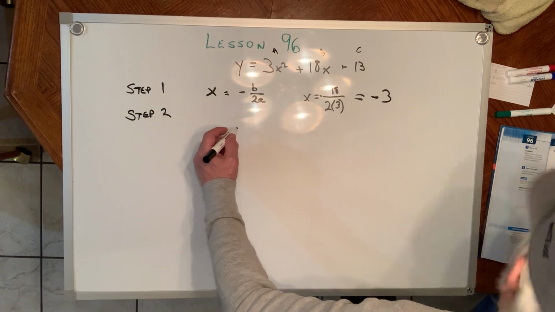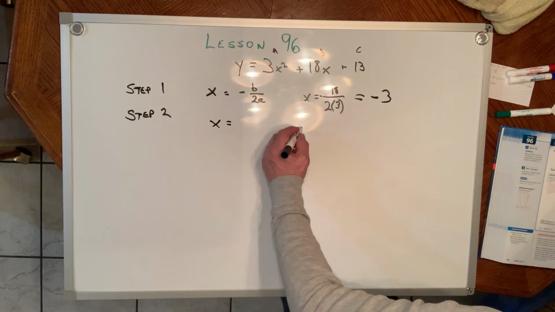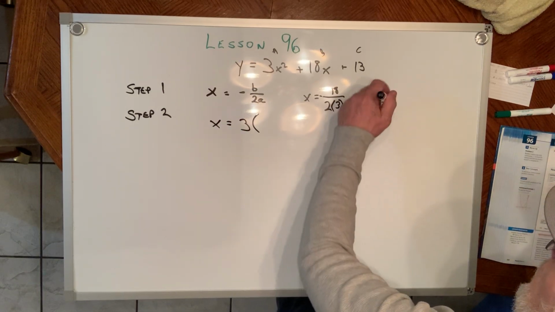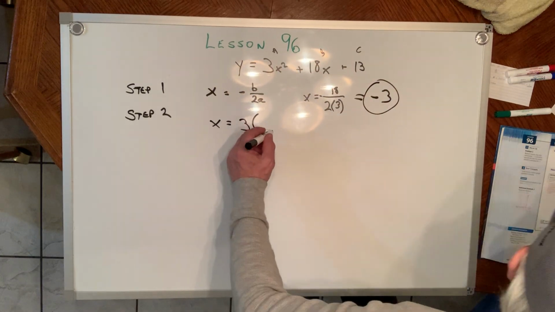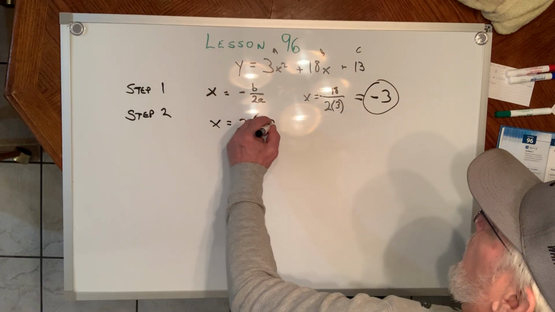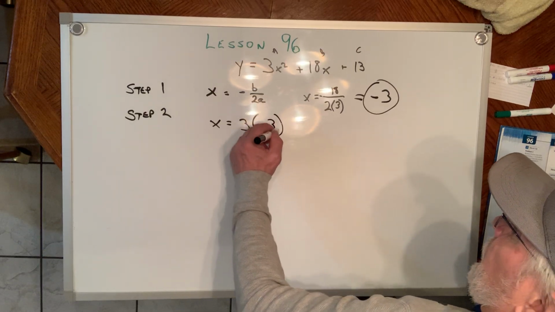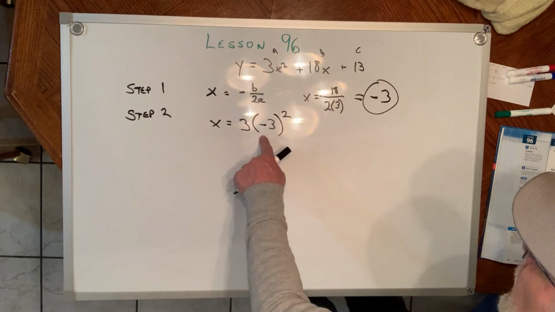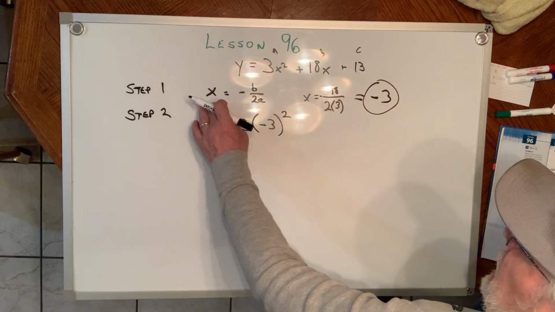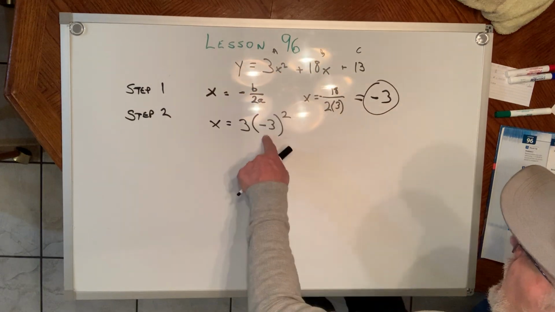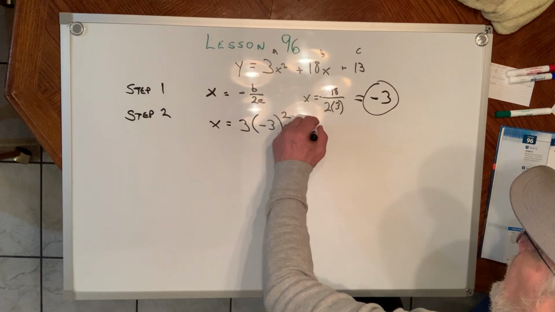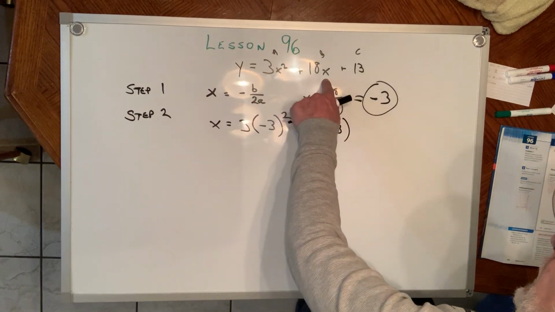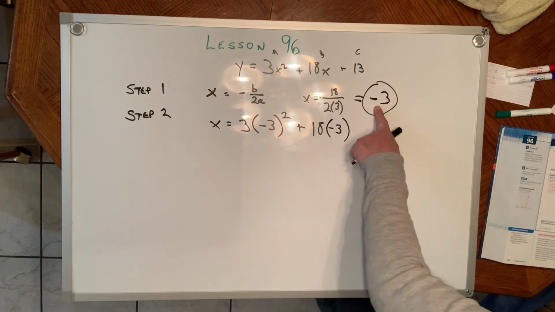We're going to get x is equal to 3 times, because here's where we're getting the negative 3 from. 3 times negative 3 squared, because this is taking the place of x right there, because we said x is equal to negative 3, so we plugged it in there, we plugged it in there, right? Good. Now we have 18 times negative 3, because again, that x became this negative 3 right here, and then